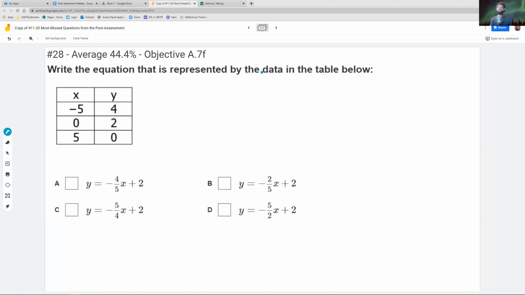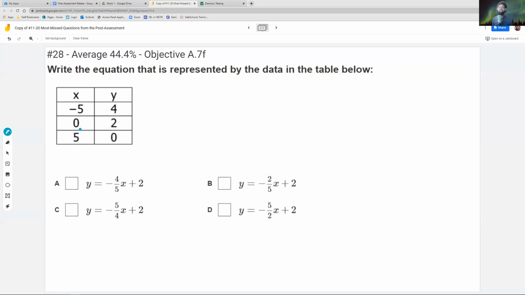Next question says, write the equation that is represented by the data in the table. To do this one, you're going to kind of compare and contrast. The first thing I would do is I would look to see if I had a y-intercept. You know what? Scratch that. No, don't do it that way. There's an easier way to do it. The way to check to see if the data in this table matches with any of these is just going to be to plug the points into one of these